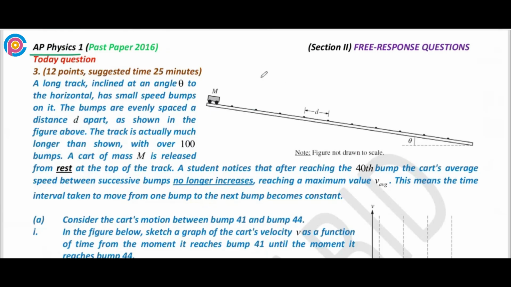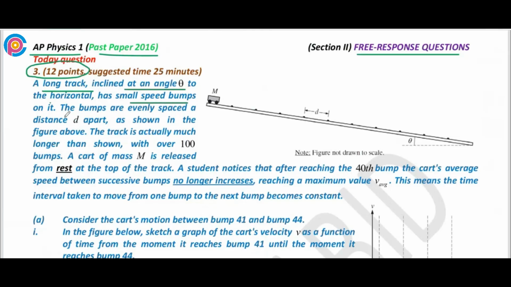Hi, we have the AP Physics 1 past paper 2016. We are discussing the free response section, question number 3, for 12 points. According to the question, a long track inclined at angle theta to the horizontal has